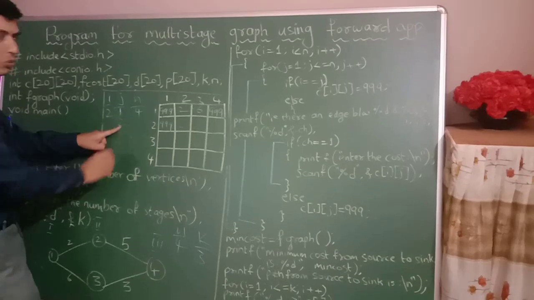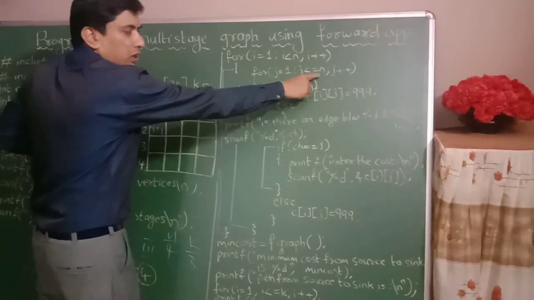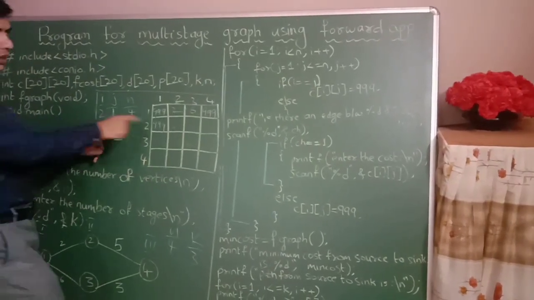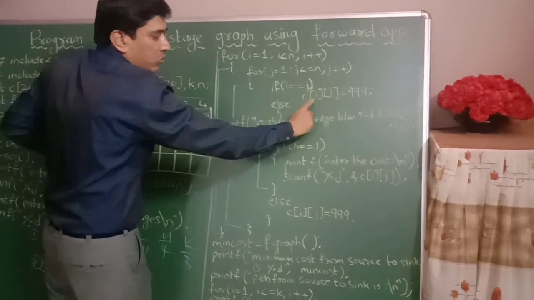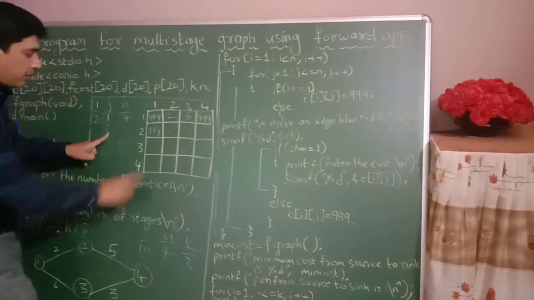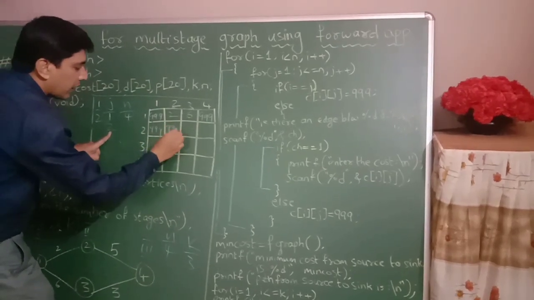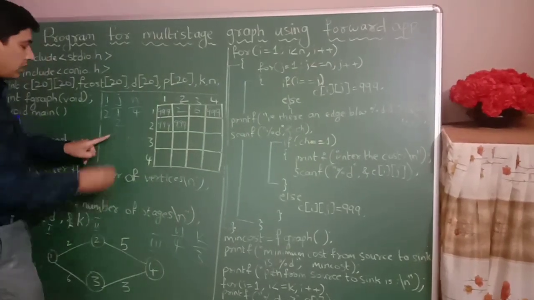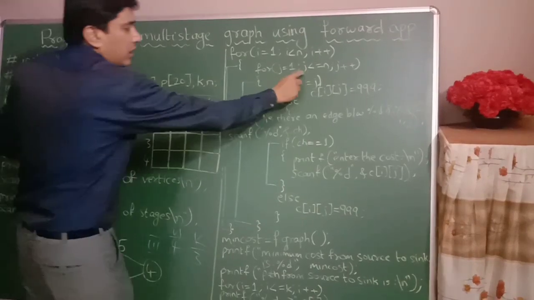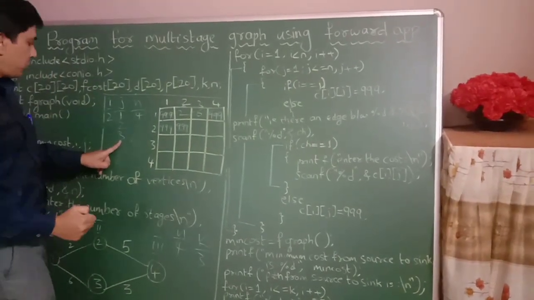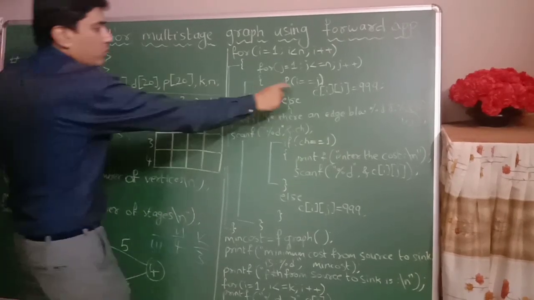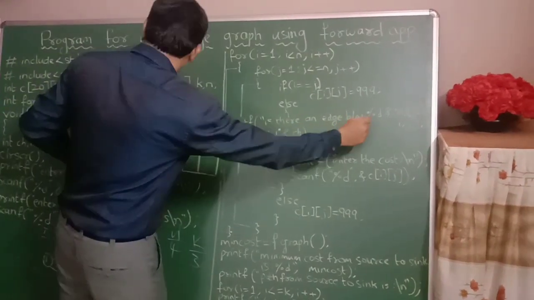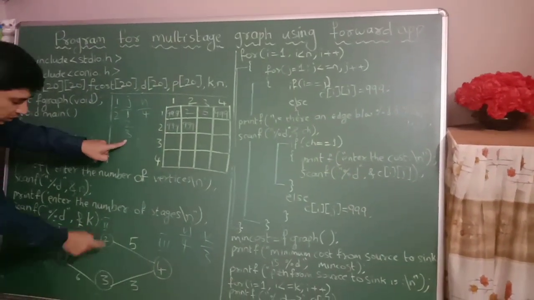Now j becomes 2. Is 2 less than or equal to 4? The condition is true. Is i equal to j? 2 is equal to 2. Now the condition becomes true. Cost of ij, that is cost[2][2], is equal to 999, meaning we initialize it with 999. So increment the value of j by 1 in the inner loop. The value of j will become 3. Is 3 less than or equal to 4? The condition becomes true. Is i equal to j, is 2 equal to 3? The condition becomes false. Is there an edge from 2 to 3? Is there any edge from 2 to 3?